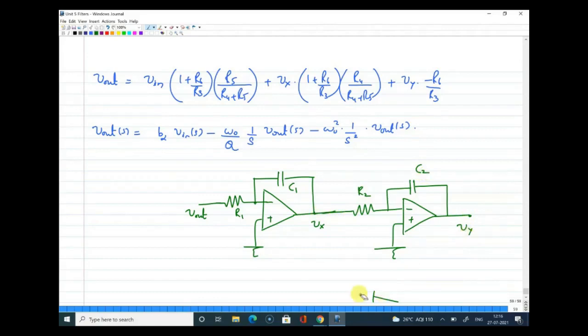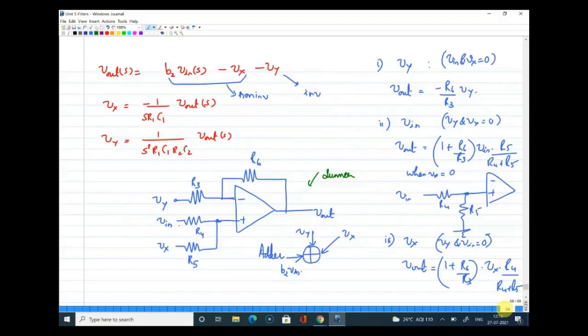Now what should I do? I need to add this Vx, Vy and the scaled version of the input to one more op-amp that will give you the summer. That is the summer. So I'm just going to draw the summer here. To the summer, you need to add. If I look at the summer, to the plus input there are two things. To the minus input there is